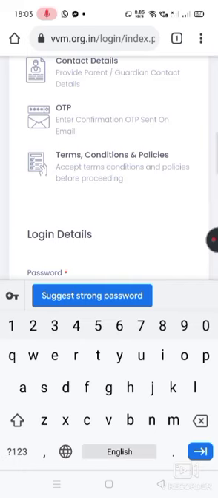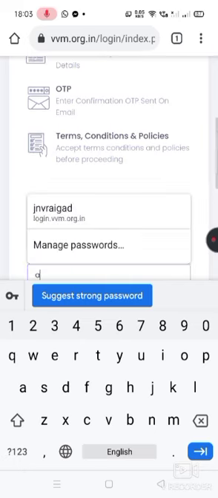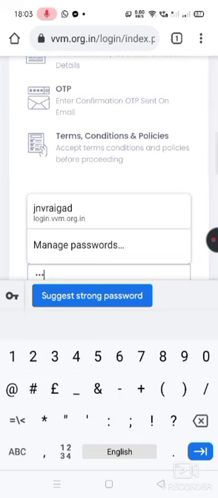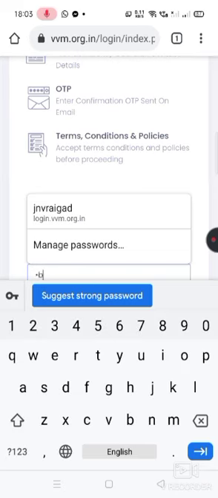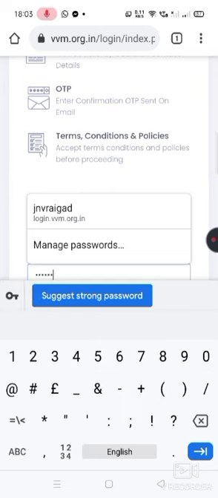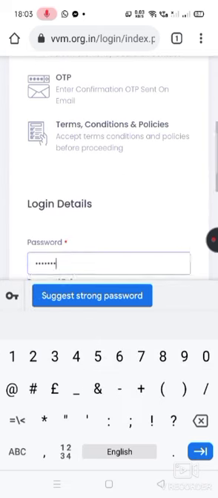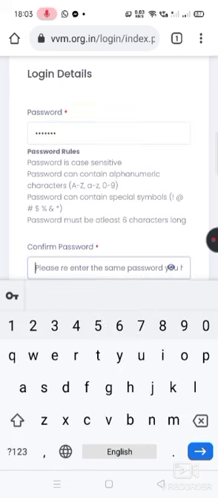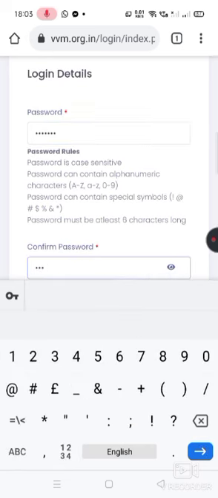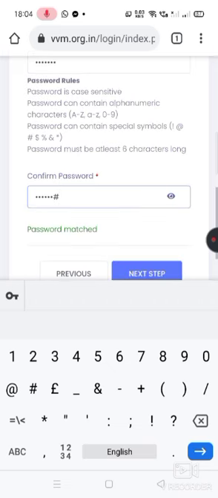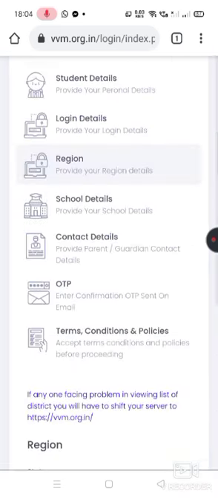You can create any password, like I'm creating ABC one two three hashtag. You can choose any password as you like. Hashtag matched, then go to the next step.